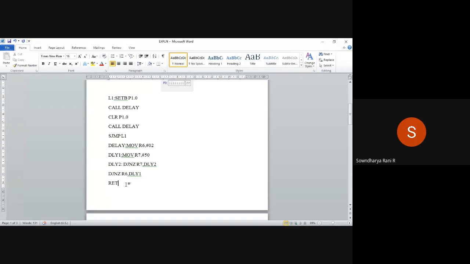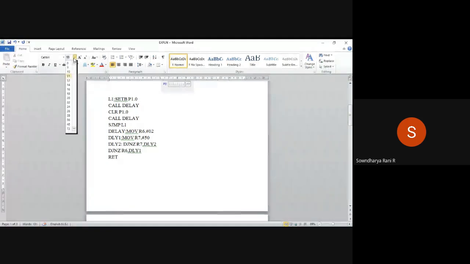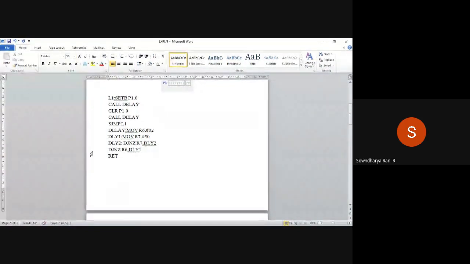So what is the delay, right? Here we are giving the R6 register the value 2, and the R7 register the value 50, right? So how to calculate this delay? What is the hexadecimal equivalent of this 2?